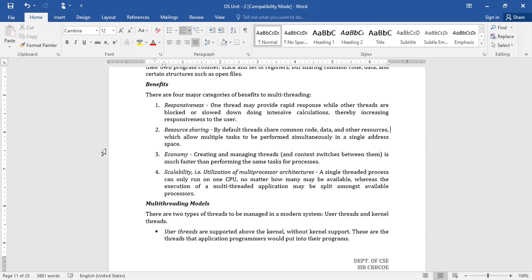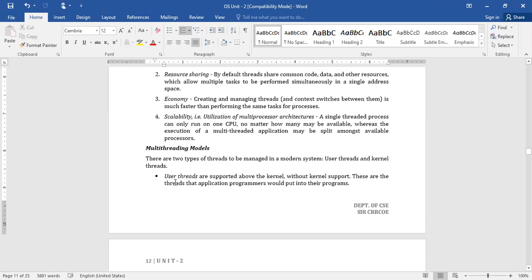When we are talking about multi-threading in a multiprocessor environment, where we have multiple processors, what happens in that case? If we are able to distribute the execution of the threads among the processors, the efficiency gets increased, right? So these are the benefits of threads.